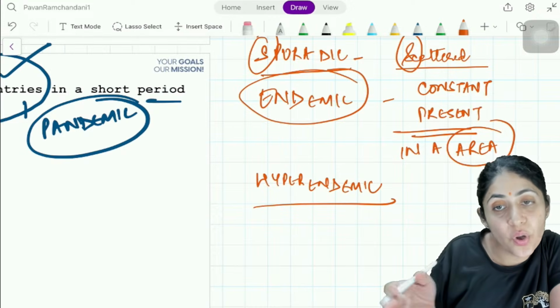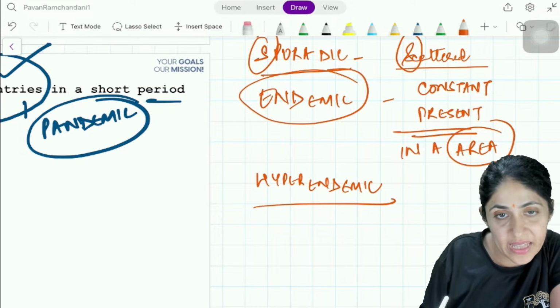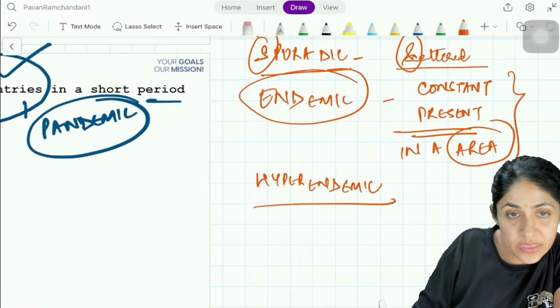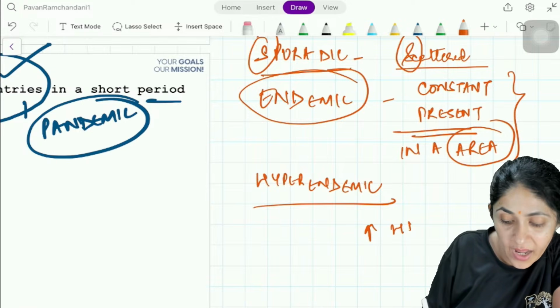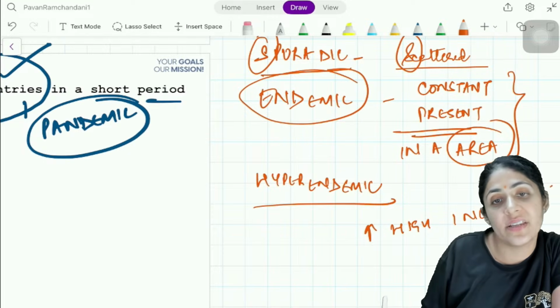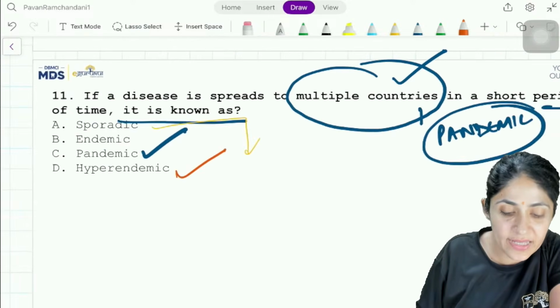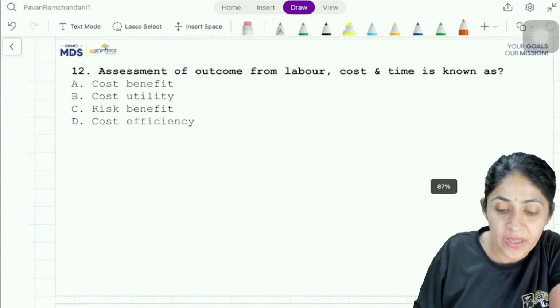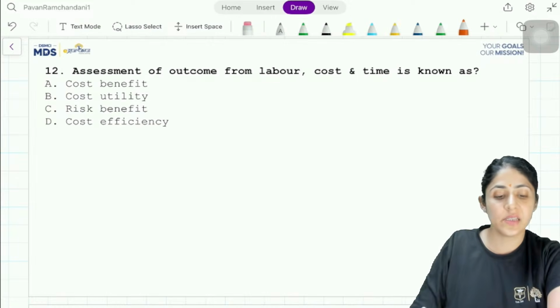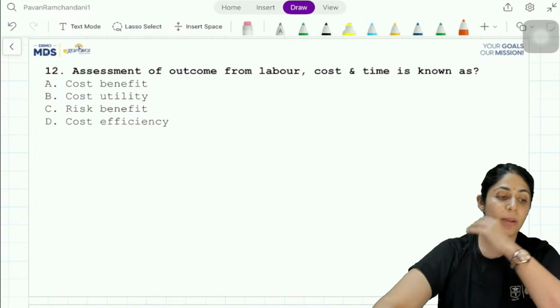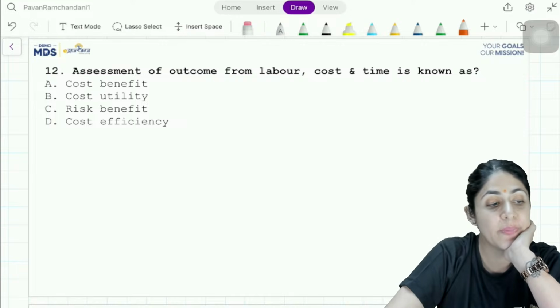Hyperendemic is constantly present in a particular area, similar to endemic, but that area has a high incidence, or low prevalence rate, and it affects all age groups equally. That is hyperendemic. Now the next question is from the chapter Health Economics, explained very nicely